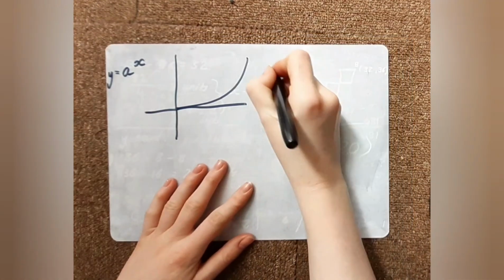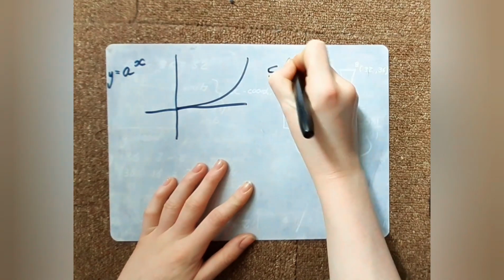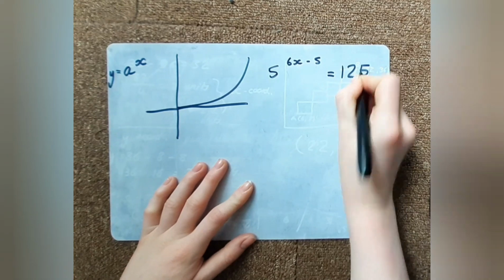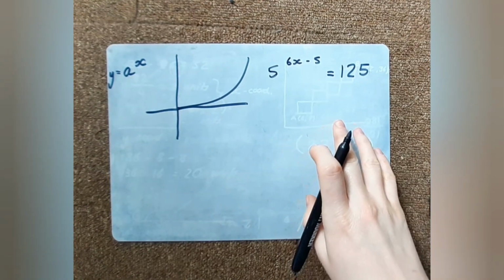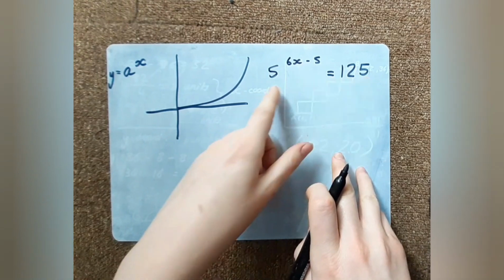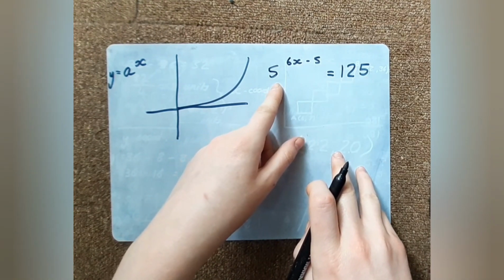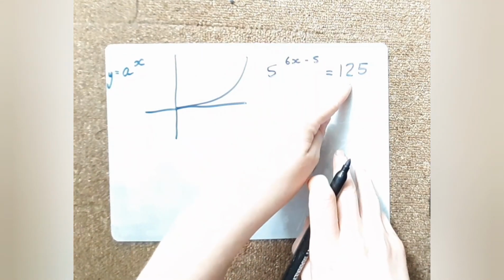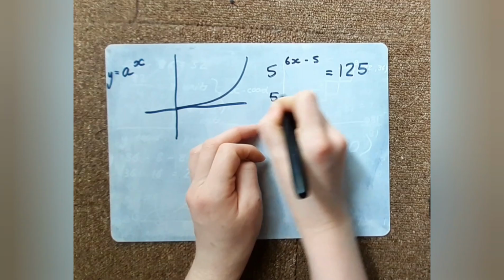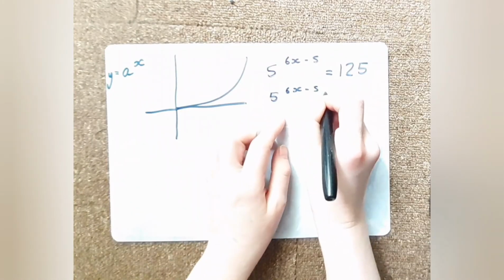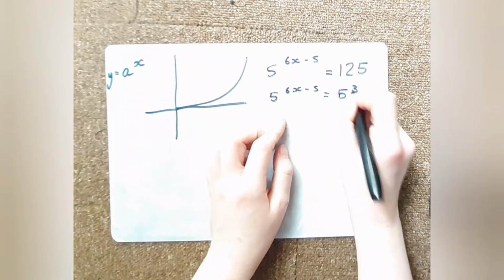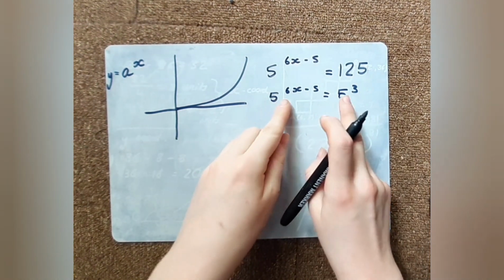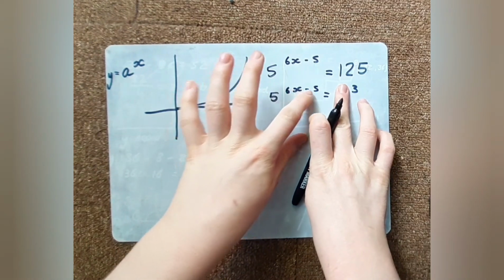So take, for example, 5 to the power of 6x minus 5 equals 125. Now, my first step is going to be putting 125 in terms of 5. So we know that 5 squared is 25, and we also know that 5 cubed is 125, so we can say 5 to the power of 6x minus 5 equals 5 cubed. And since both base numbers here are the same, we can pretty much just ignore them, so we can just say 6x minus 5